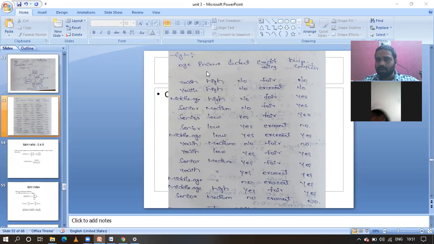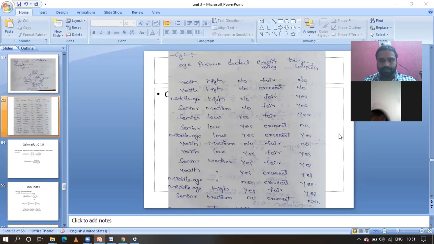Again we have to find out which attribute to use as the decision node for that particular branch, and proceed, guys.